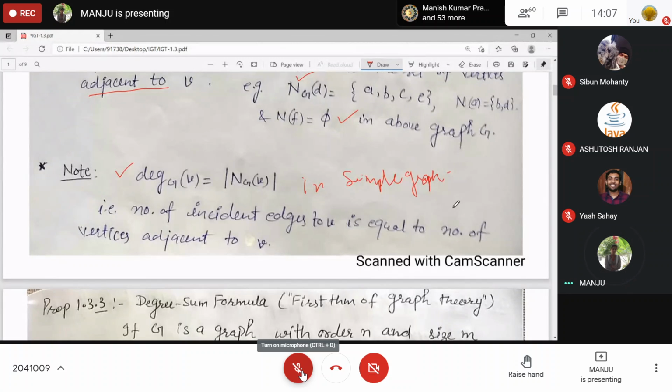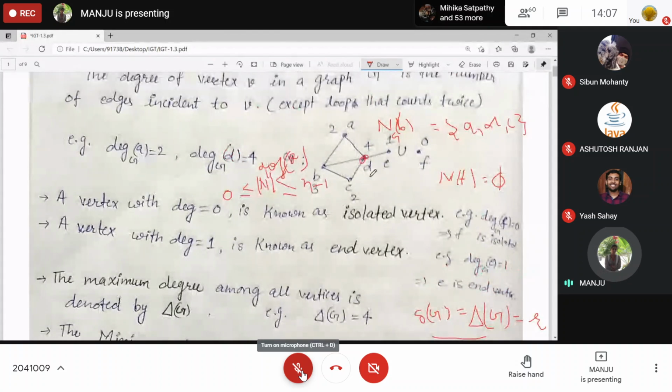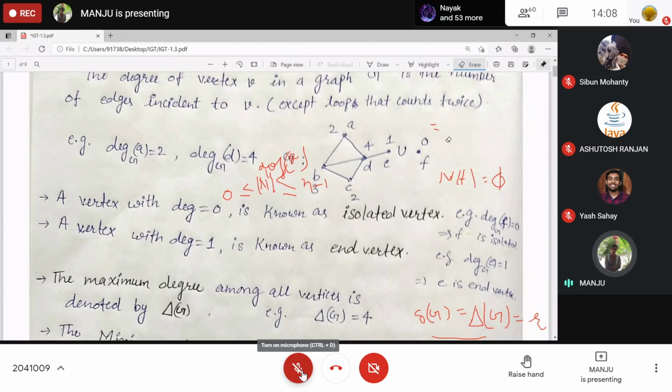Have we discussed this degree sum formula? If you sum all the degrees of this graph, take the summation of all the degrees, tell me the relation between the size of the graph and the summation of degrees. 2 times the size of the graph.